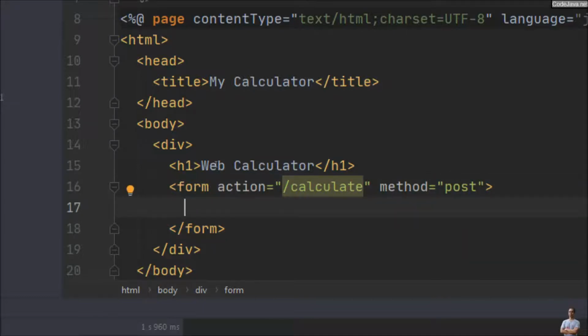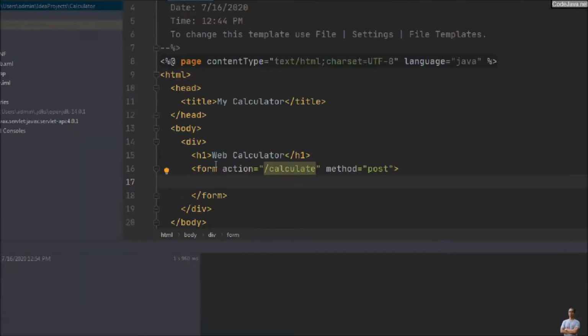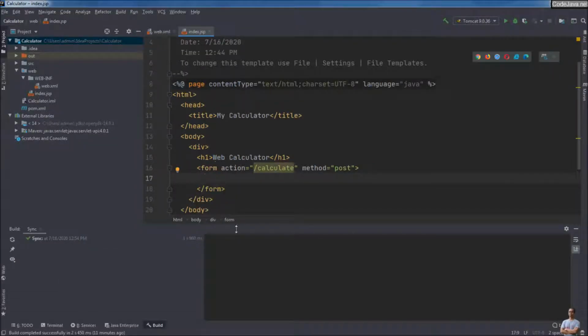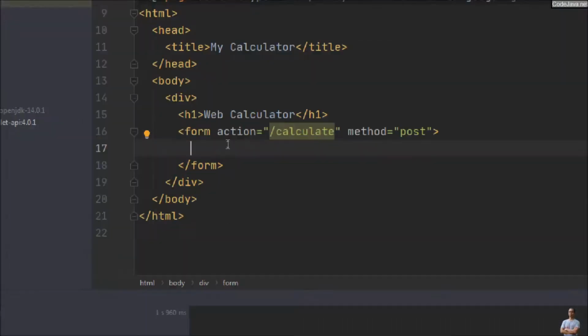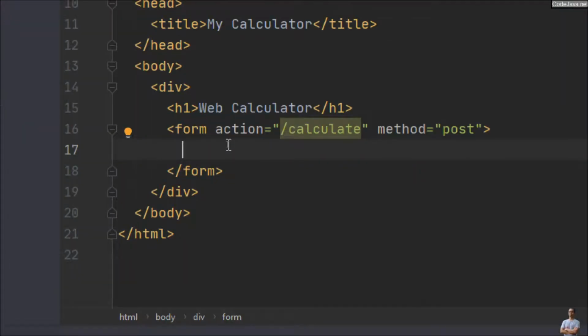And inside this form we write HTML code to allow the user to enter two numbers A and B and then perform some calculation like sum of two numbers. So here we write